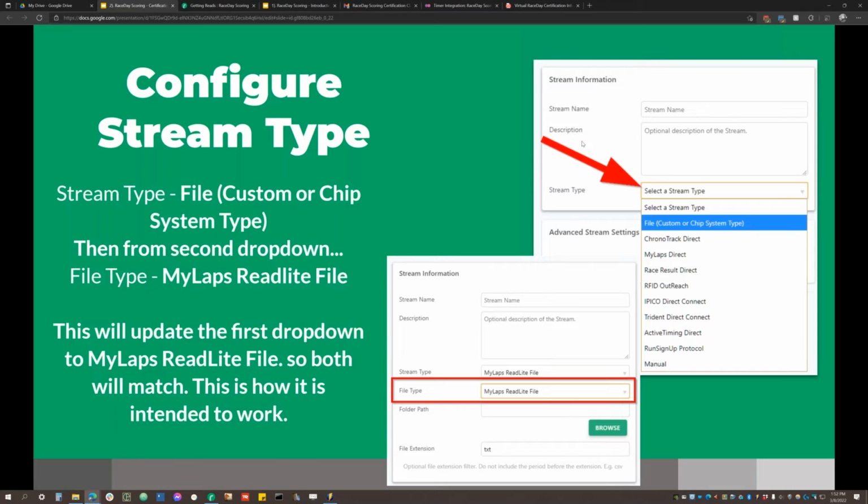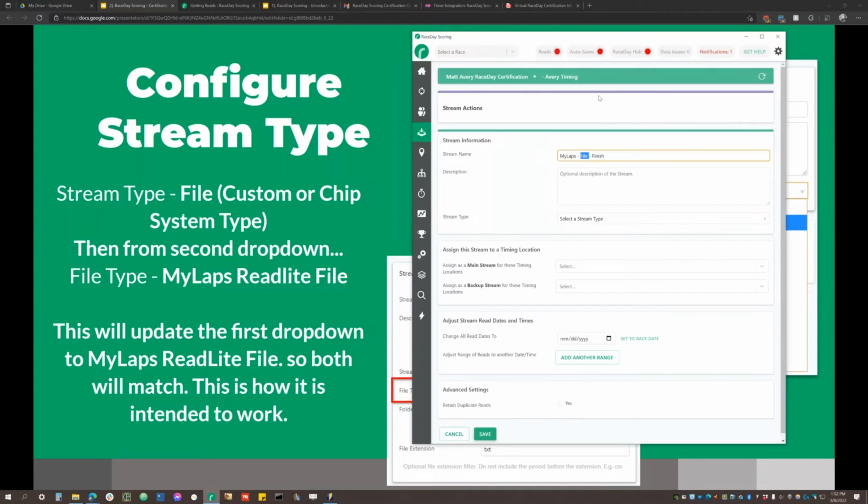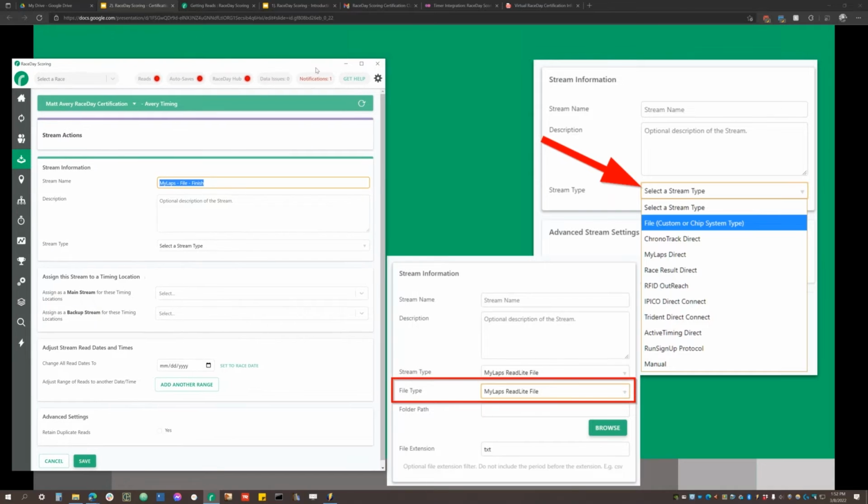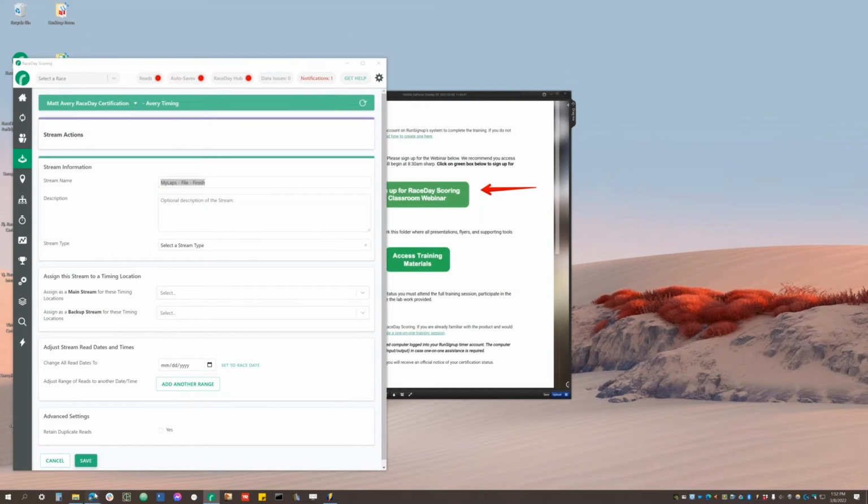So here, let's just go ahead and select a stream type. So again, we've said it's a MyLapse file finish. And what we're going to do now,